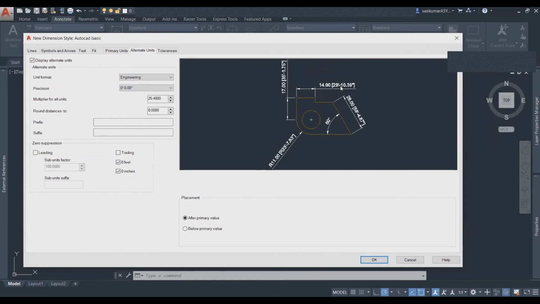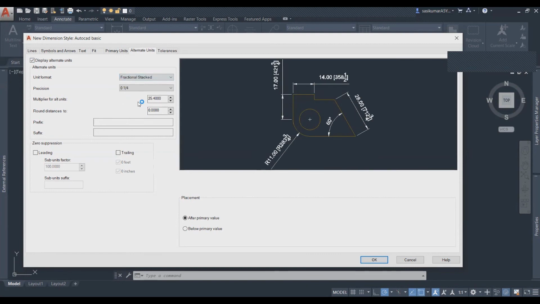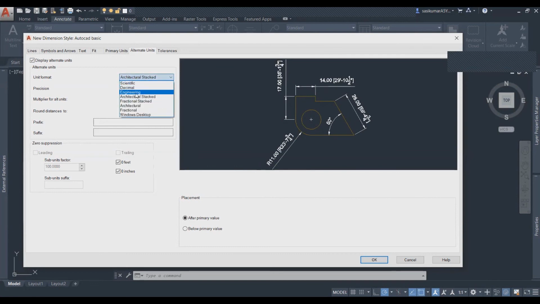At the same time, I can see the engineering value is 28. What is it called? This is inches or less than inches. 14 means actually this is like architectural design. Scientific? No, not scientific. Engineering, fractional, architectural. Yeah. So engineering is feet.